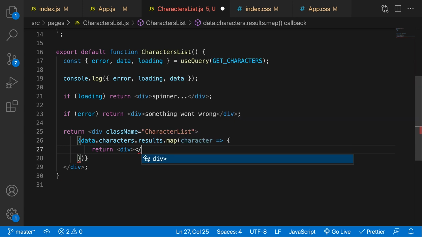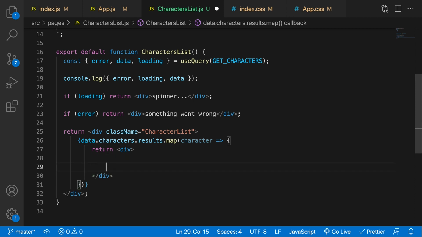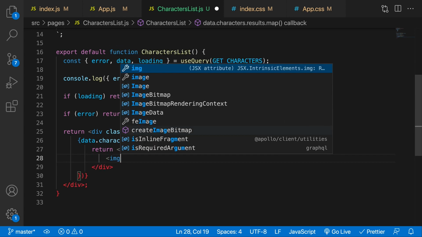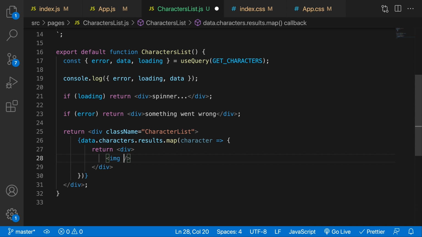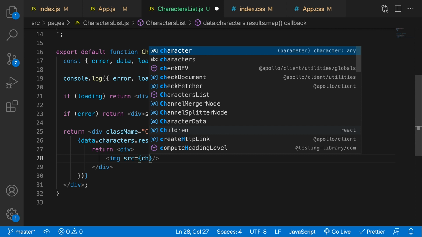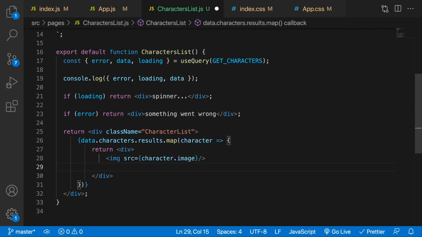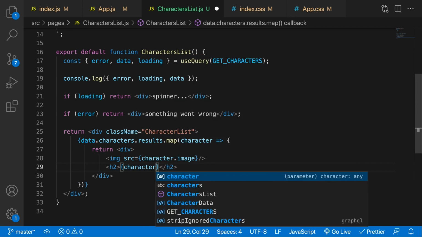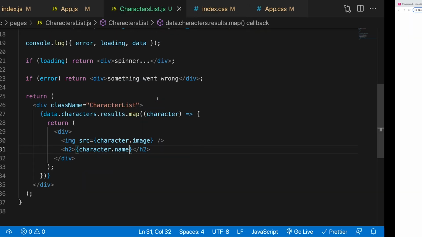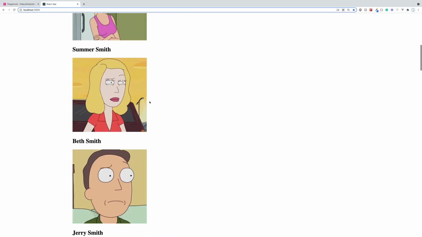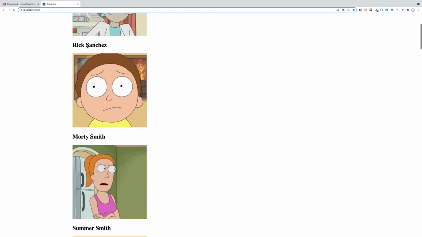We're going to return a div, and inside of this div, we're going to have an image with a source value of character.image, and we're also going to have an h2 of character.name. And so now you can see here that we're getting back all of our characters,